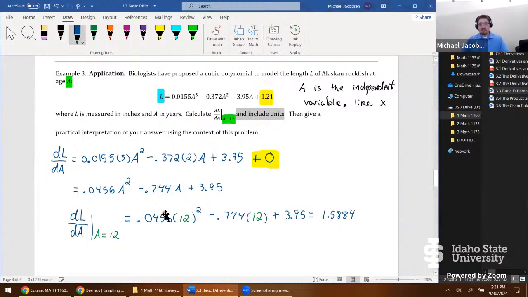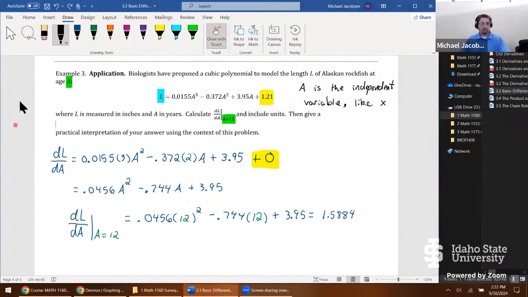So that's our second step here. First, we differentiated using the power rule and the sum and difference rule. On this new step, we expanded to evaluating our derivative when a is 12, and we get that to come out. So finally, as far as the units go, when we go to state units,